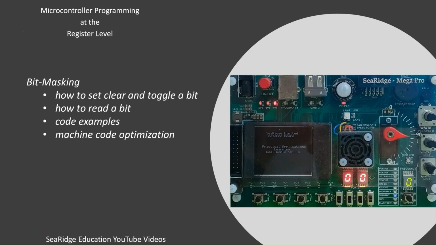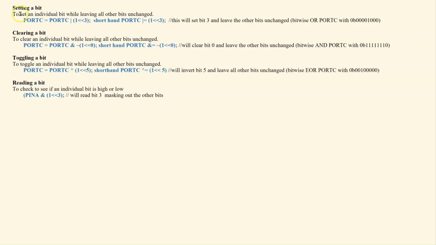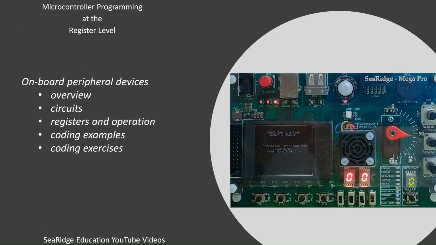I explain bit masking, how to set, clear, toggle and read a bit, and I give code examples. And so I explain in more detail setting a bit, clearing a bit, toggling a bit, and reading a bit. Then I look at the